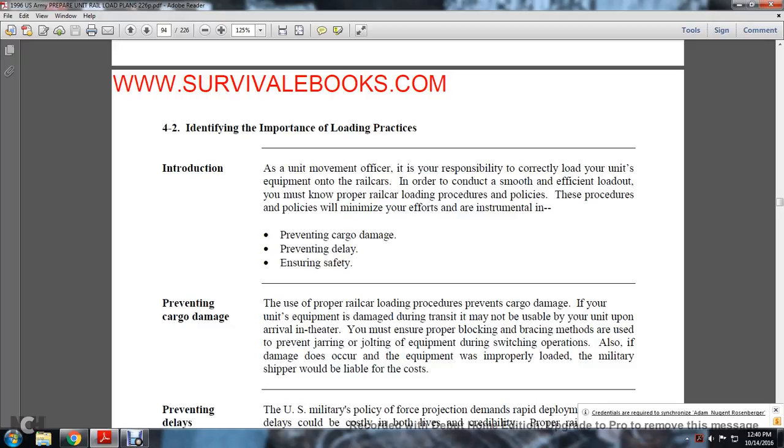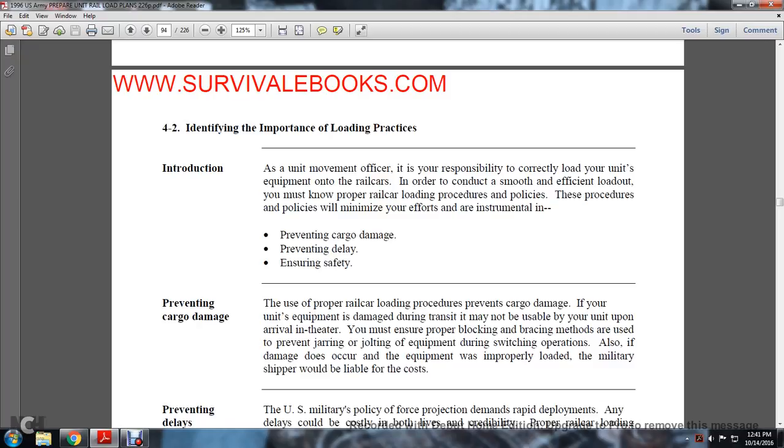4.2, identifying the importance of loading practice. The unit movement officer is responsible for the correct loading of unit equipment on the railway cars in order to accomplish a smooth, efficient loadout. You must know the proper railway car loading procedure and policy. The procedure and the policy will minimize your efforts and are instrumental in preventing cargo damage, preventing delay, and